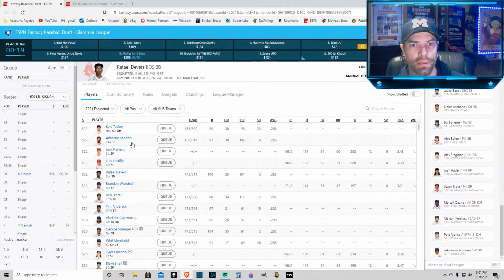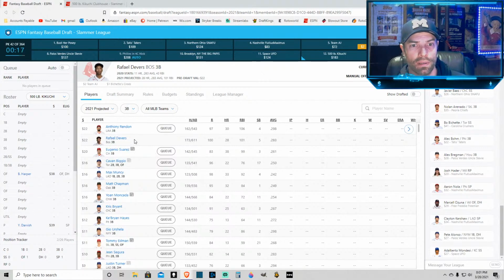Devers. What to expect out of Devers. The Boston lineup goes a little something like this. Enrique Hernandez, Kike leading off. Probably every other, depending on who's pitching. Verdugo, Bogarts, Martinez, Devers. And then a bunch of...